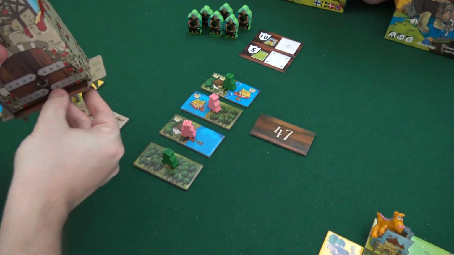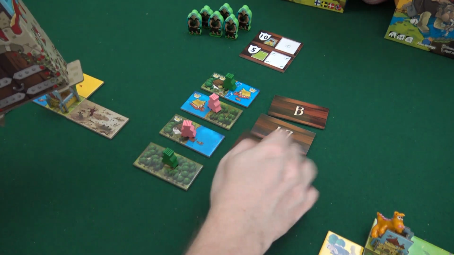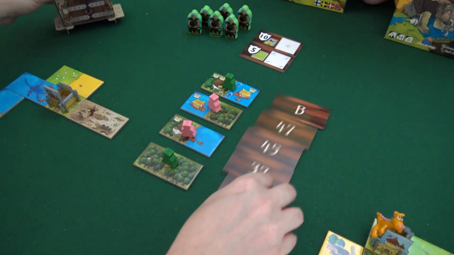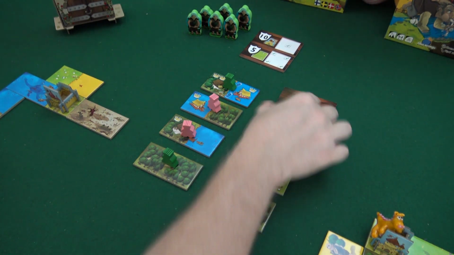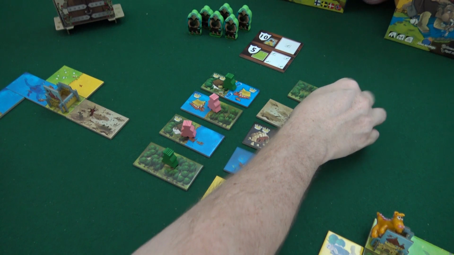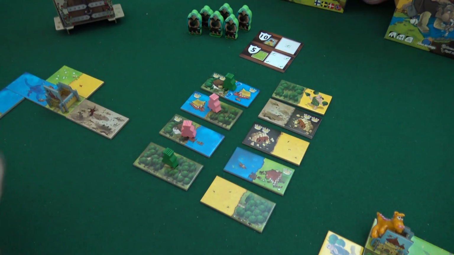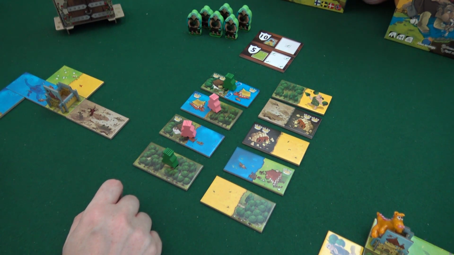So we have 47, a B, a 13, 37, and 45. So a lot of high numbers now, which means we get some crowns out there. And here's the new type. Here's the mine, the black ones. And those are 2 crowns, really, really strong ones. Drako's first to pick, and